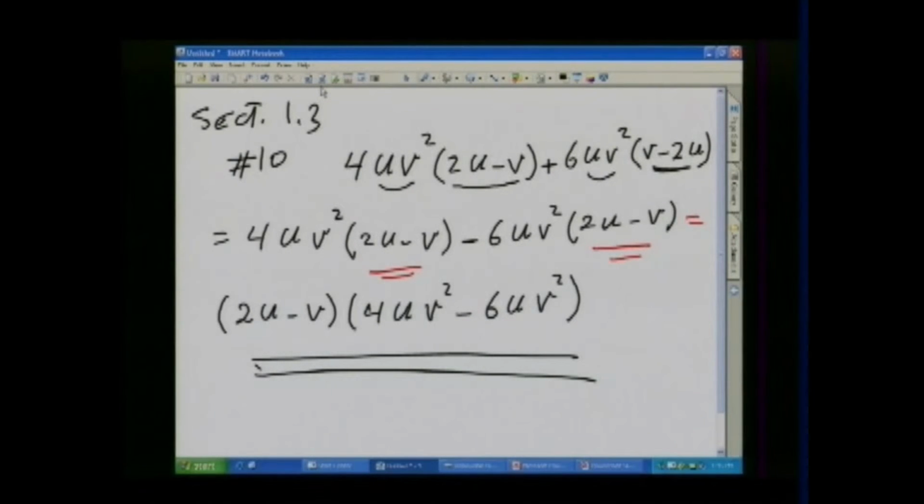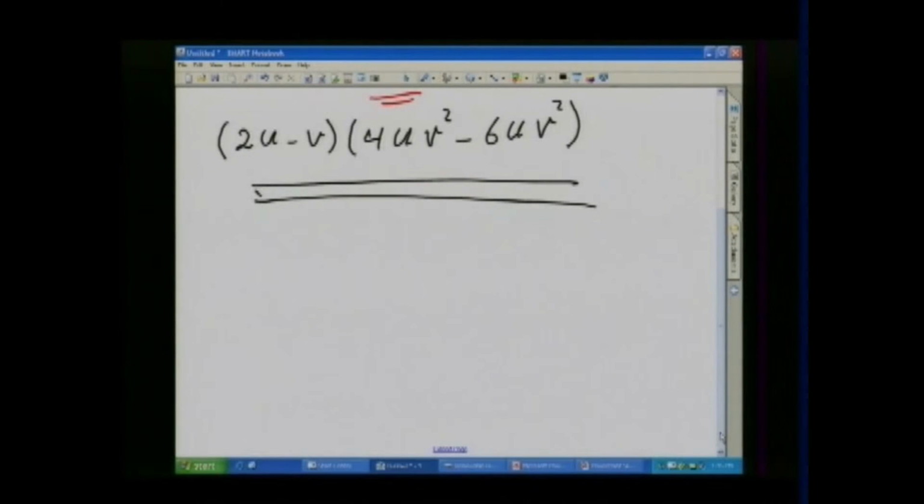From the same section, section 1.3, going to do another problem. Problem number 50. The instruction for problem number 50 says, factor the polynomial. If the polynomial is prime, then state it. Number 50 is 4u